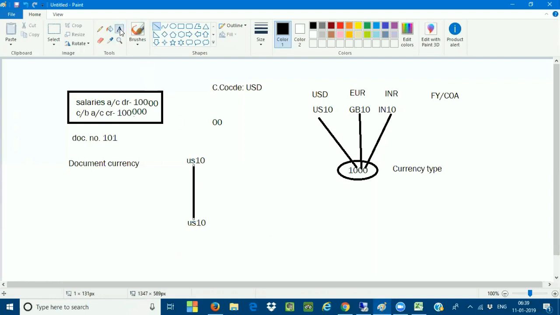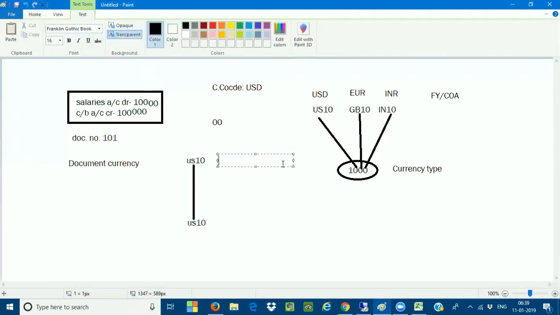In this company code, I am using the currency USD, which is going to be called currency type 10. The USD is nothing but your local currency. So when I'm assigning the same company code to the same controlling area, here also my currency type will become USD. I'm using the same, 10. This will become your controlling area currency. Very, very important.